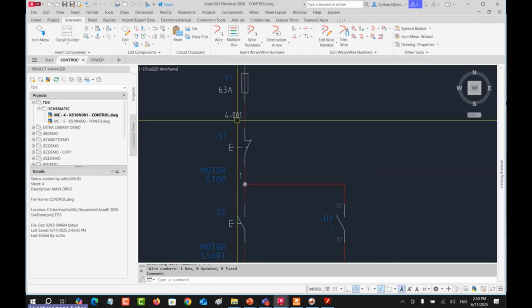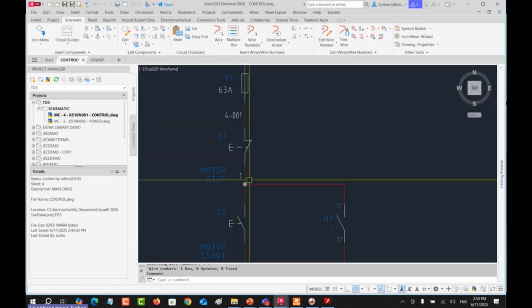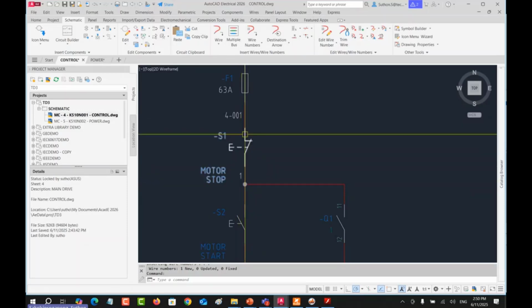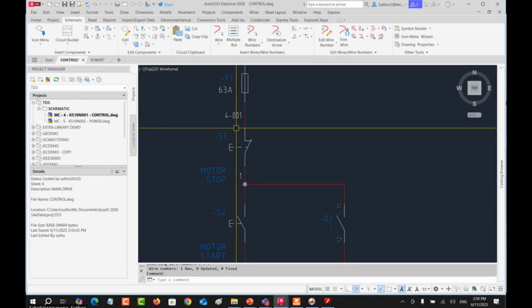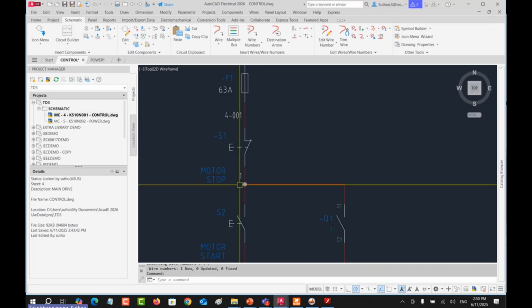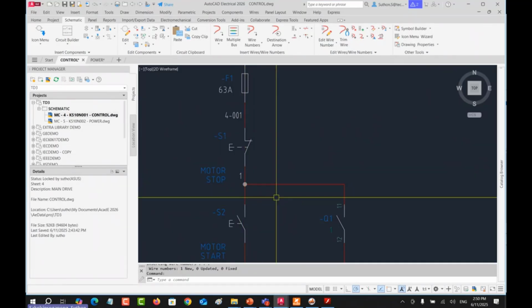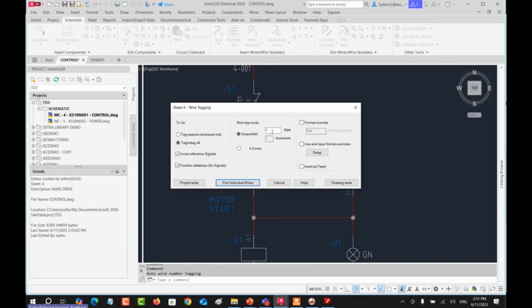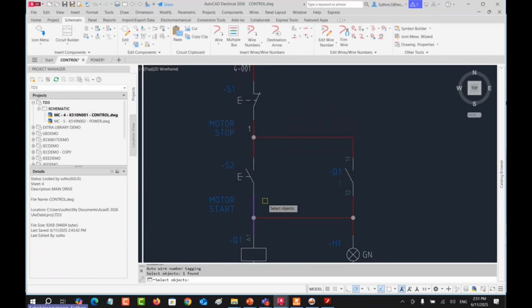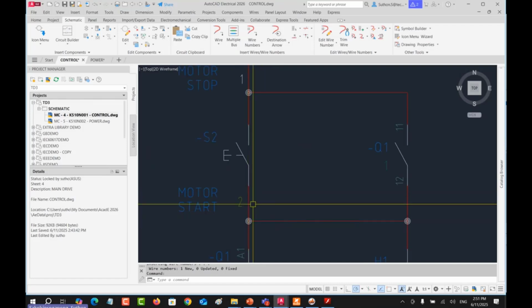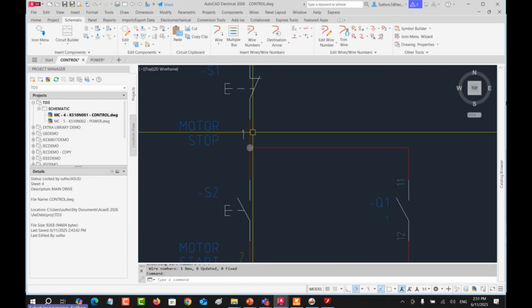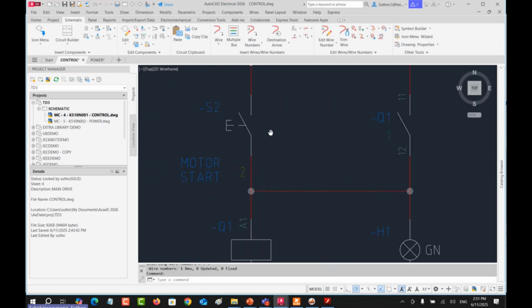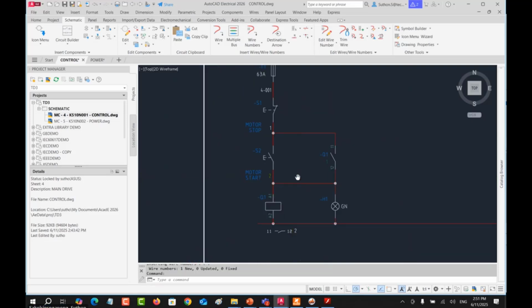But they have the conflict with this, right? 001 and number 1 is not the same. So the system will not tell you the conflict occurs, because it is different. So the system sees it as different. But if you assign number 1 to this line, you can try number 1 again in this line. What occurs? It will change automatically to number 2, because the system checks that number 1 has been used. So this one should be number 2, right?